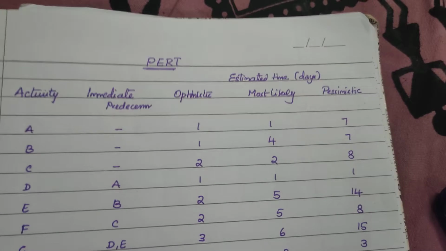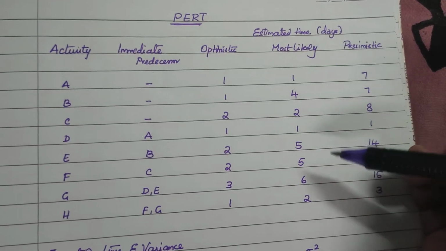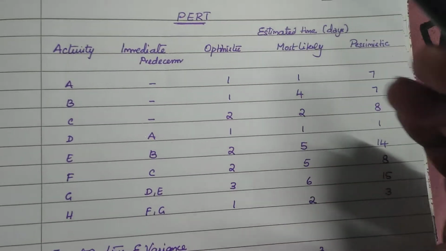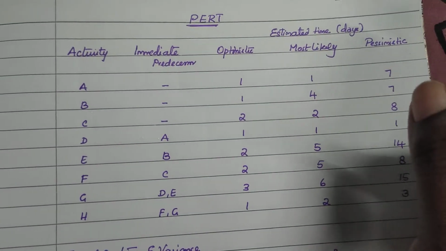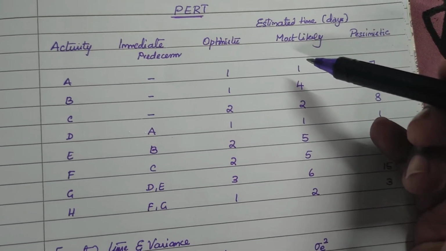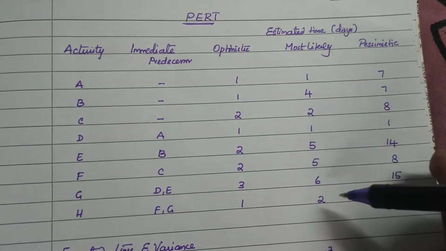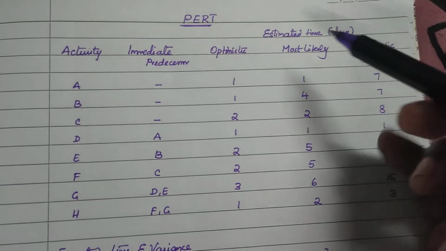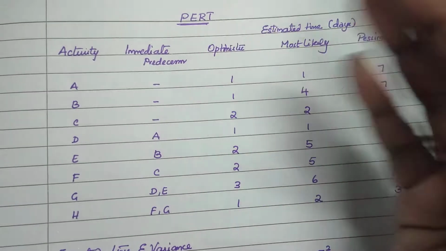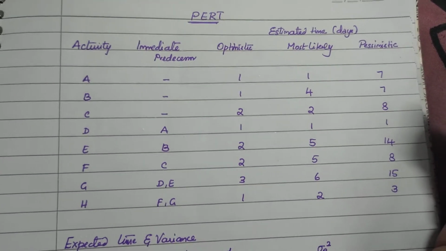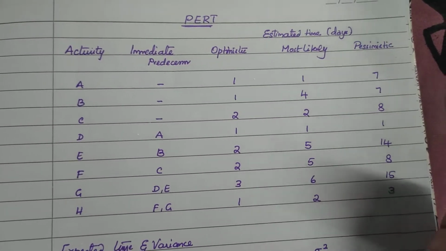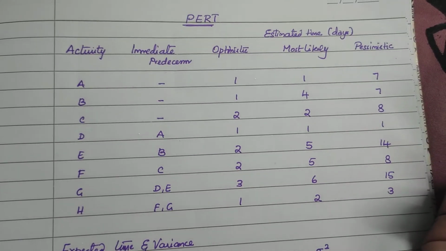The last one is most likely time. Most likely time is somewhere in between. It is like a modal value of these three times, the most likely centermost value. If we were going to use a CPM method for this, we would only use this particular most likely time. It is the centermost time that balances all three values. But we are not going to use these three directly to calculate. We are going to use these three to calculate another time, and using that we are going to solve the problem.